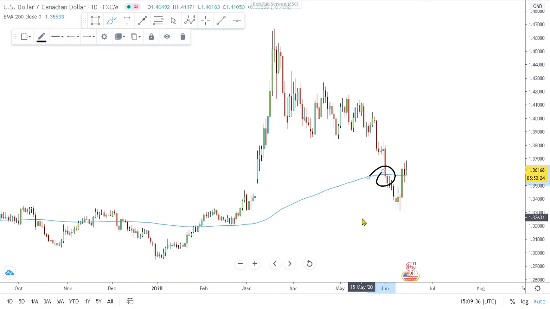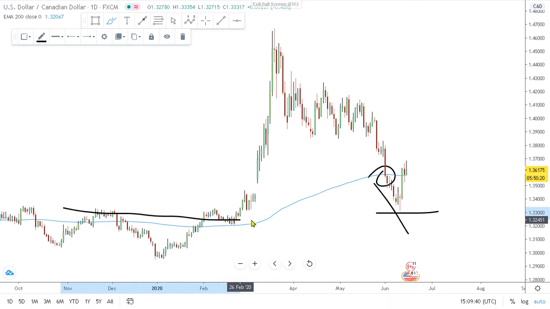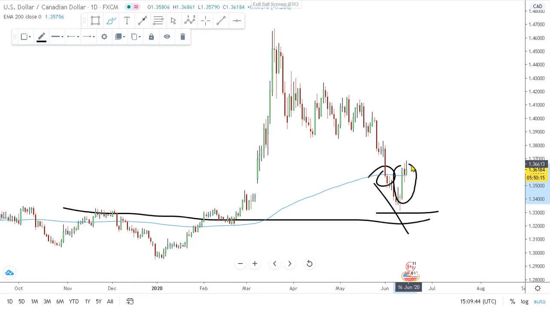So it crossed this 200 moving average and it has come down until this level, taking this support, and there is a clear buy here and it is at the 200 level. So what you can expect,